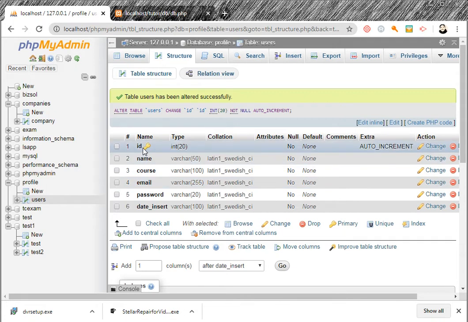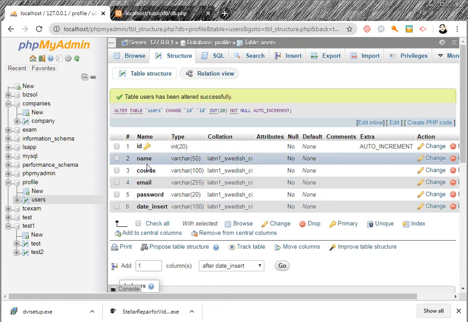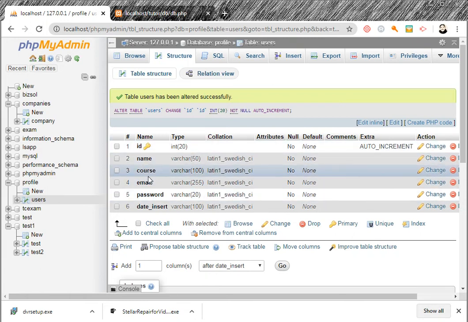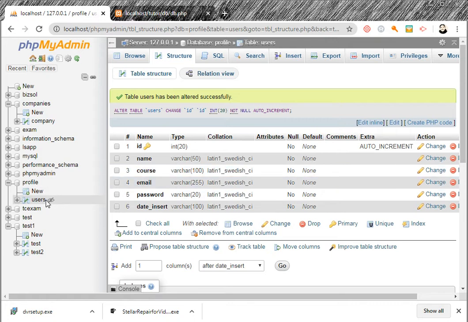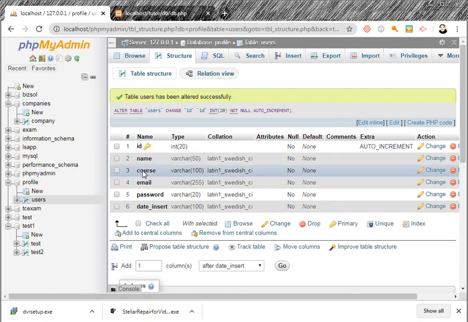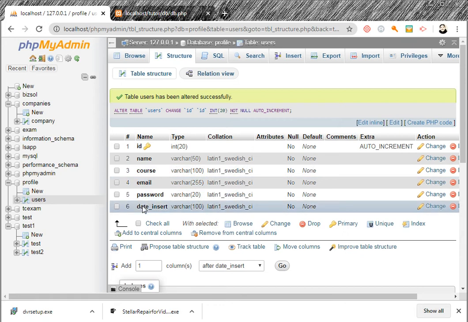Primary key means the key which uniquely defines a record. So we have one table, users, inside the profile database, and users has these fields: ID, name, course, email, password, and date insert.